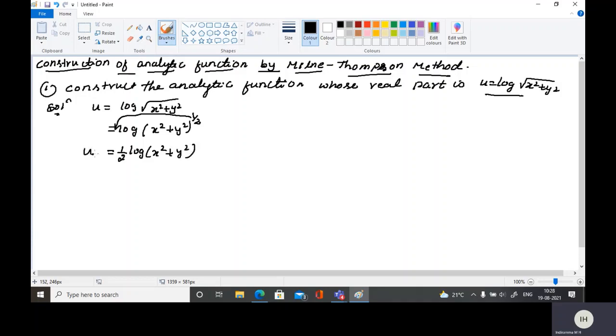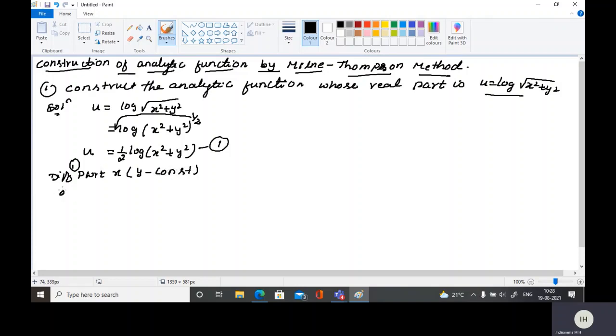To find the analytic function by using u, we first have to find f dash of z. From f dash of z, by integration we can find f of z. For f dash of z we require u x and v x. There we have to use CR equations also. So what I will do, I will differentiate u partially with respect to x. I will call this equation number 1. Differentiate equation 1 partially with respect to x, keeping in mind y constant.